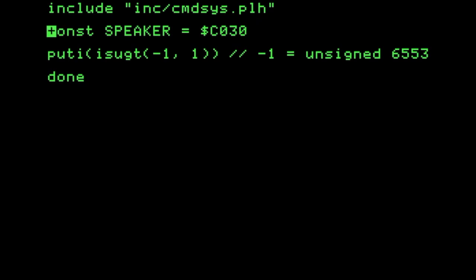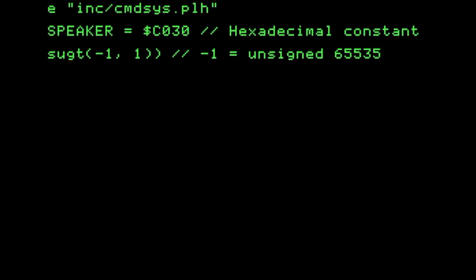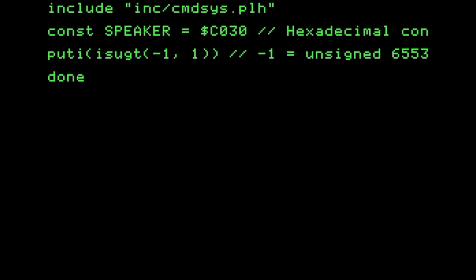Here's the speaker address for the I/O location to click the speaker on the Apple II. You may see that in some of the source code that makes noise. But we can treat them as just any type of constant, and to show that